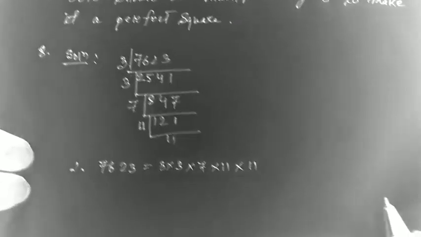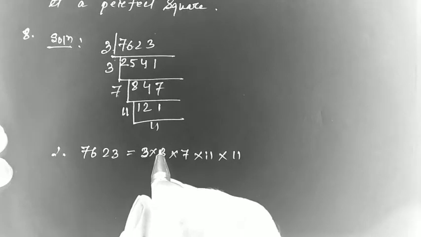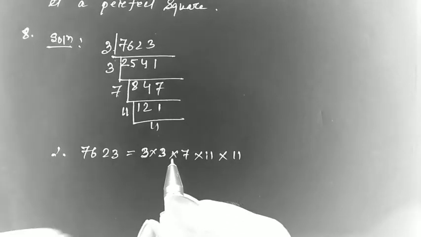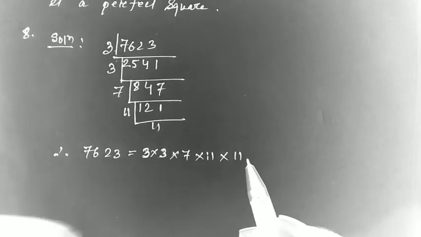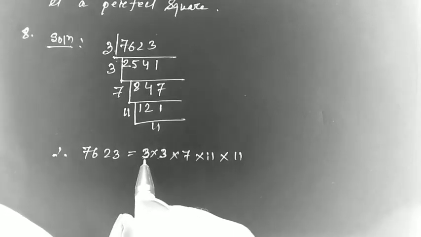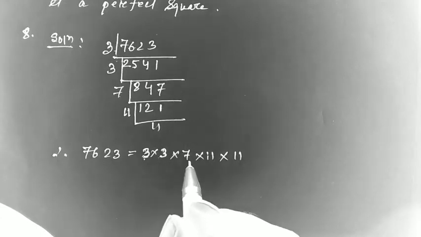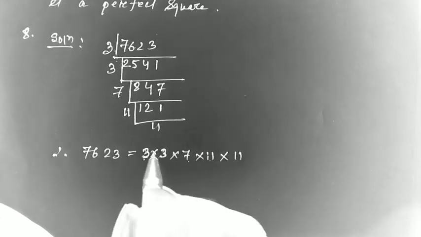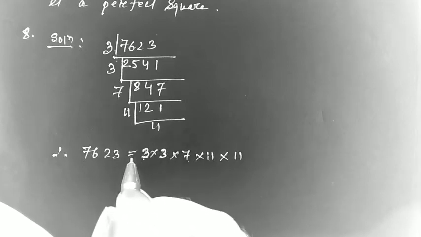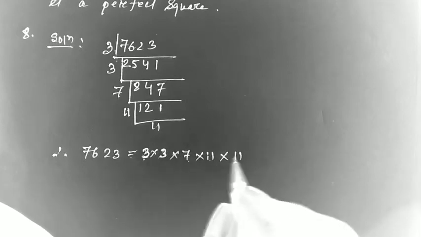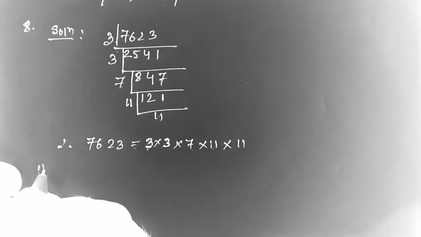So for a cubic number, all the factors should be present 3 times. If all the factors are present 3 times, then it becomes a cubic number. But here, see, there are two 3s, one 7, and two 11s. So to make it a perfect cube, we have to give 1 more 3, 2 more 7s, and 1 more 11. That means, so the number,